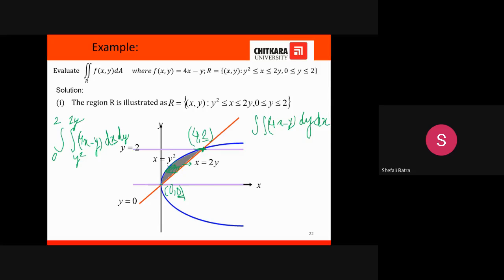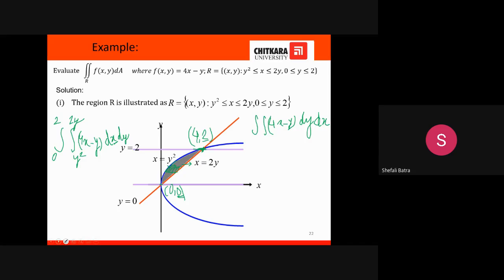And for the sliding, or for this y limit, you will be sliding it from this point to this point as you move from lower value to upper value. So here y coordinate is 0. At this point y coordinate is 2. Right? Now if I'm writing it in this way, 4x minus y into dy into dx, it means we are